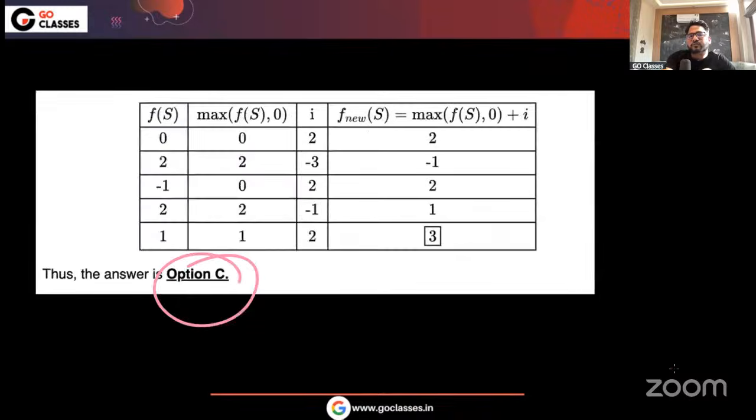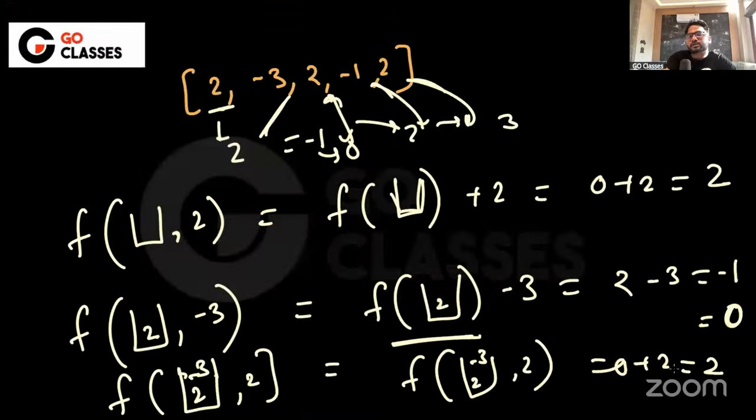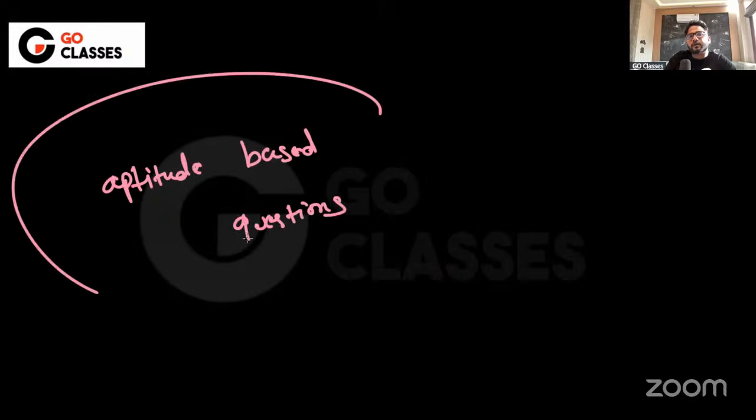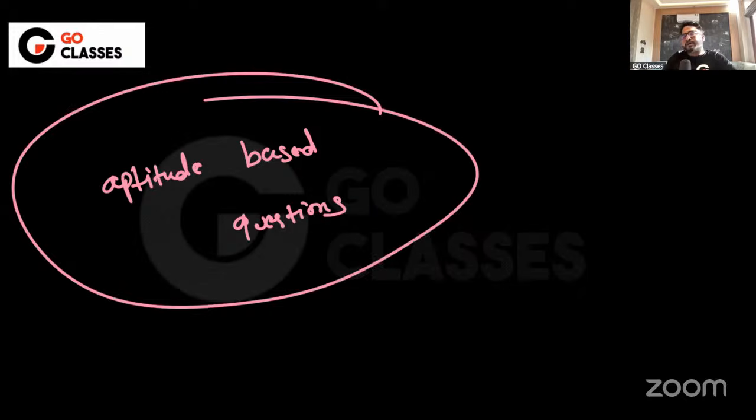So these are the questions of stack and queue that we have. Mostly these questions, as you can see, are aptitude-based questions. Initially it might look a little scary to solve these questions, but after you go through this explanation one more time, you will understand what they're asking. Otherwise, don't worry too much about the stack and queue questions, because those are aptitude kind of questions. And if they ask some new question, you might be able to solve it or might not.